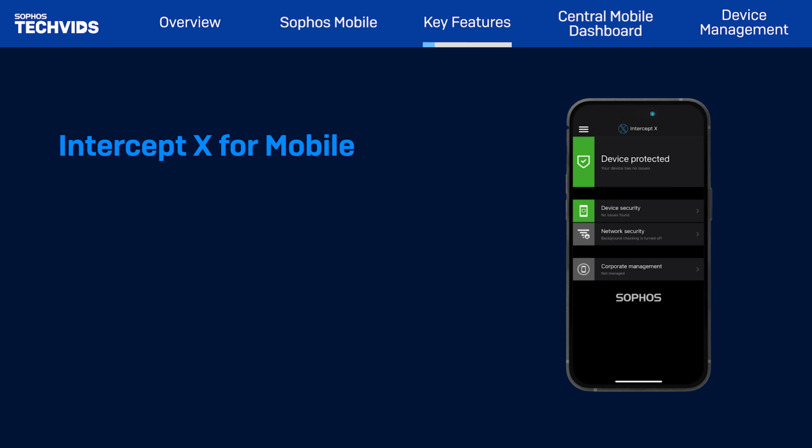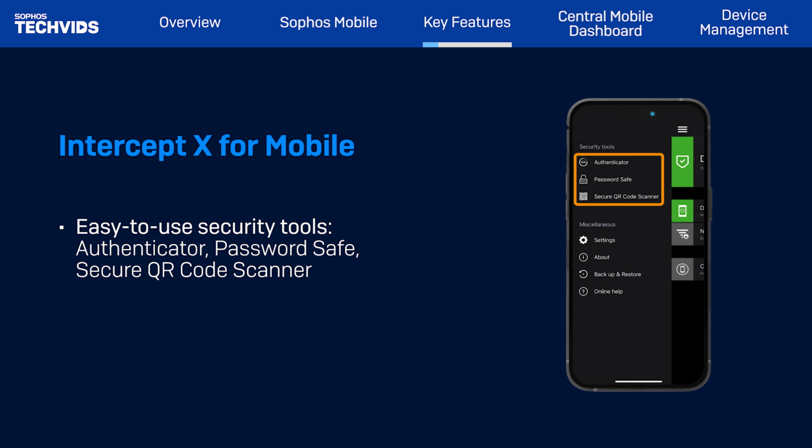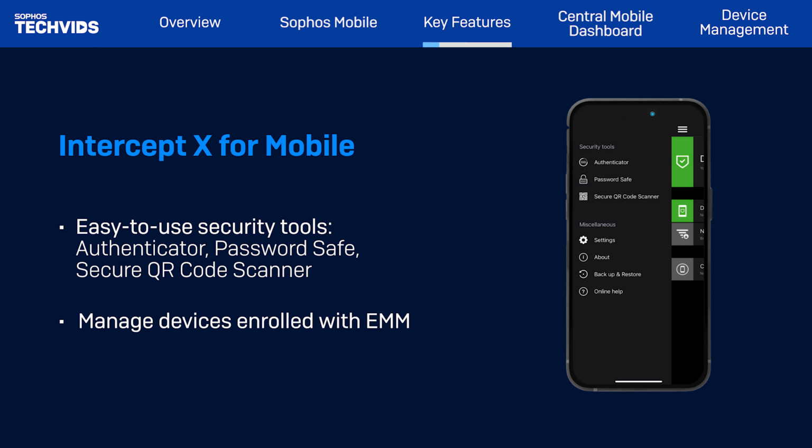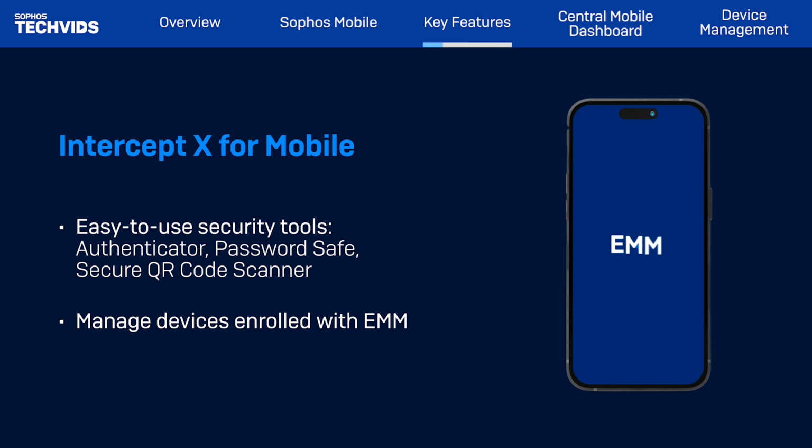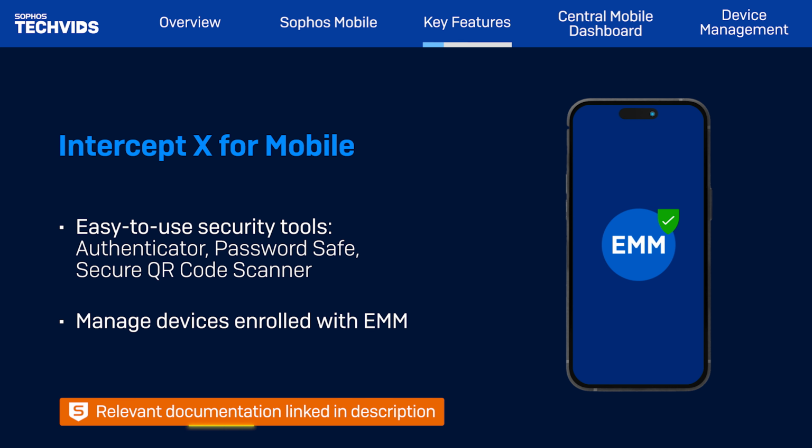Intercept X for mobile also gives users easy-to-use security tools right at their fingertips, such as the Authenticator, Password Safe, and Secure QR Code Scanner. You can also manage Sophos Intercept X for mobile on devices that are enrolled with third-party Enterprise Mobility Management, or EMM. Check the resources linked in the video description for more details about this feature.